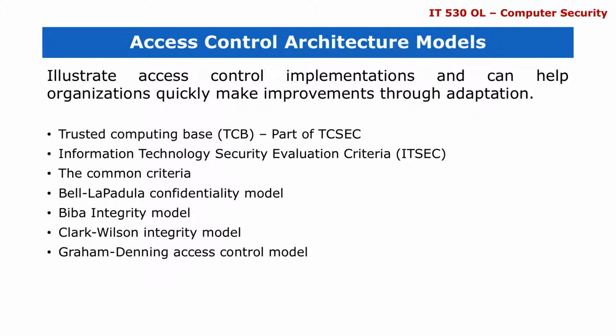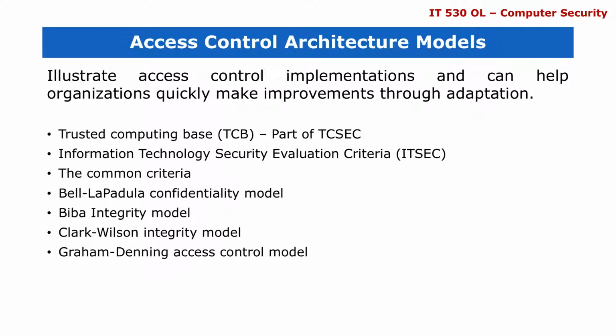Then I guess part of data integrity goals also include maintaining internal and external consistency of the data. So the data should accurately represent what it truly is. We also have the Clark-Wilson model, which also focuses on integrity, like the Biba integrity model. It also doesn't allow change by unauthorized subjects, as discussed earlier. It also doesn't allow unauthorized changes by authorized subjects, and maintaining data consistency internally and externally is also needed with Clark-Wilson